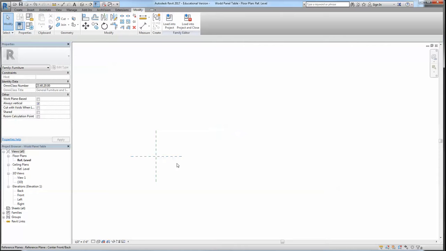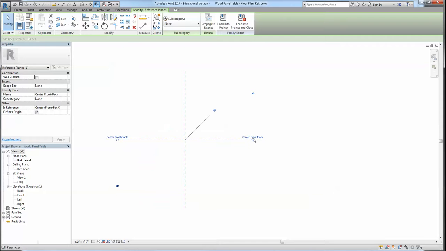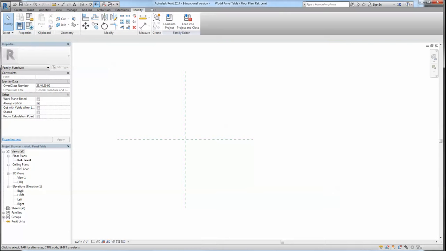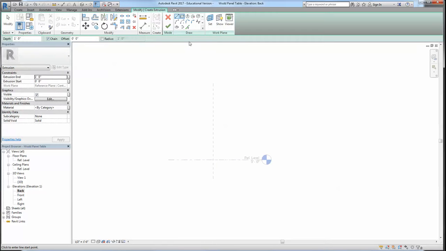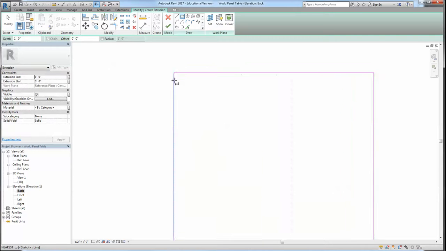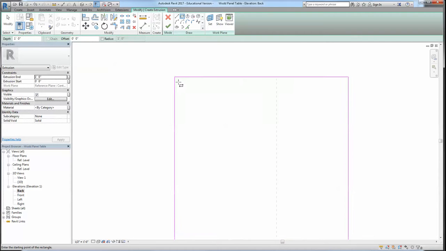What if you want to work extruded horizontally? Well, that comes with the idea of understanding the reference plane that you're drawing the curve on and then letting it extrude perpendicular to that plane. This plane is called center from back, so I can actually go to an elevation, I can create an extrusion, and I can create from the reference level, which will be the floor, any shape, and start, for example, offsetting